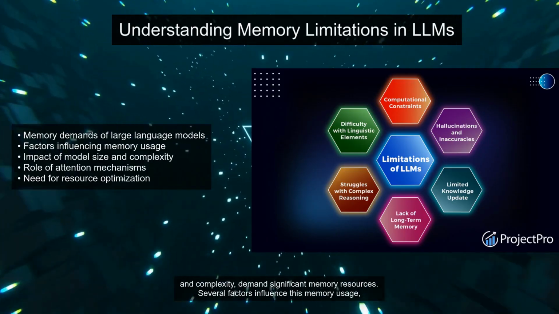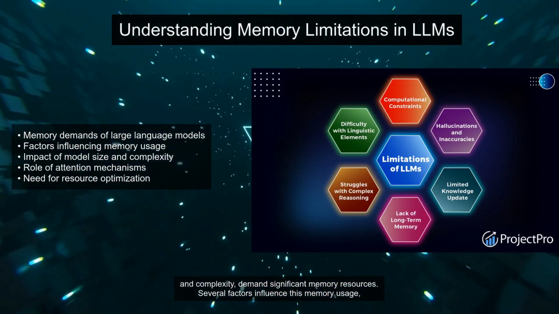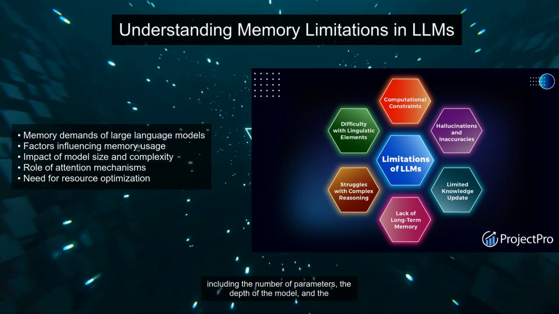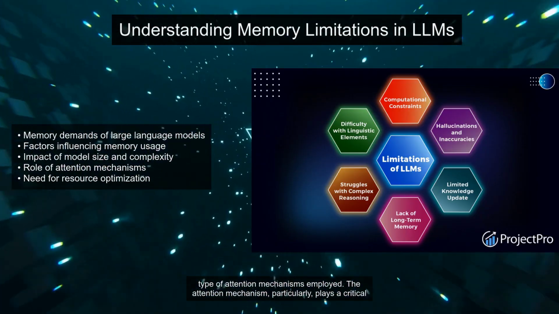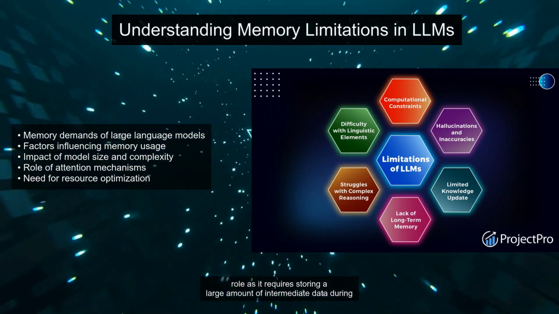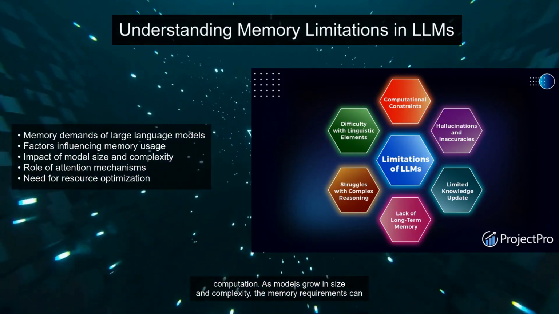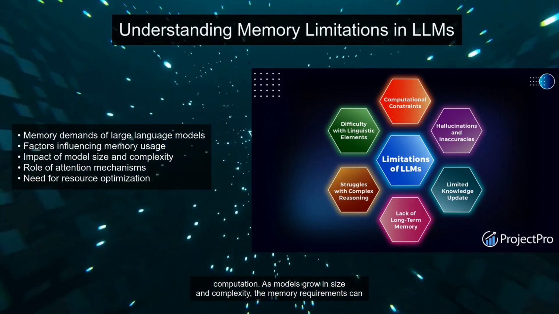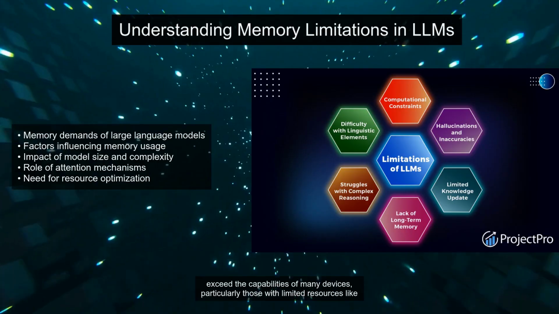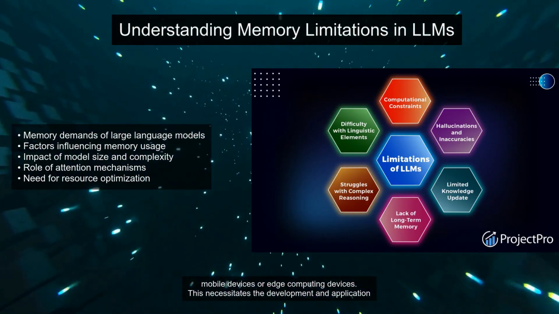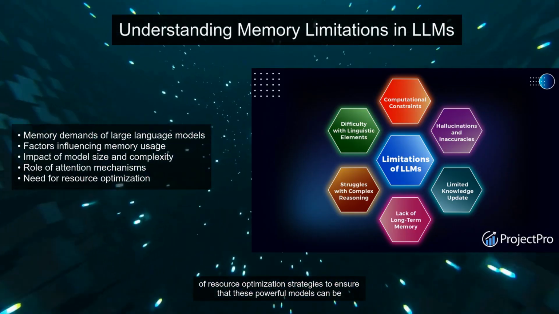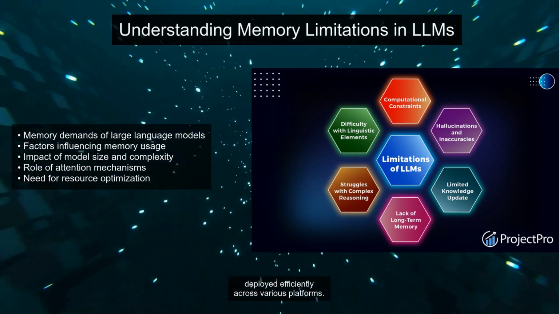These models, due to their size and complexity, demand significant memory resources. Several factors influence this memory usage, including the number of parameters, the depth of the model, and the type of attention mechanisms employed. The attention mechanism, particularly, plays a critical role as it requires storing a large amount of intermediate data during computation. As models grow in size and complexity, the memory requirements can exceed the capabilities of many devices, particularly those with limited resources like mobile devices or edge computing devices. This necessitates the development and application of resource optimization strategies to ensure that these powerful models can be deployed efficiently